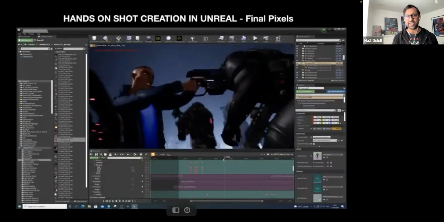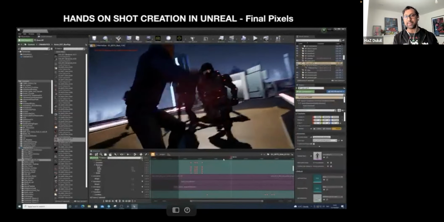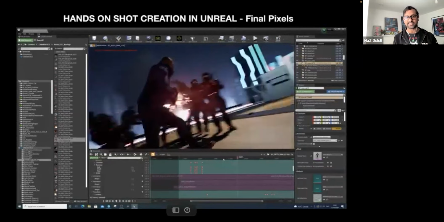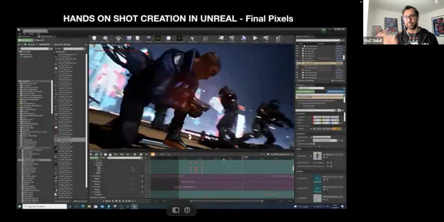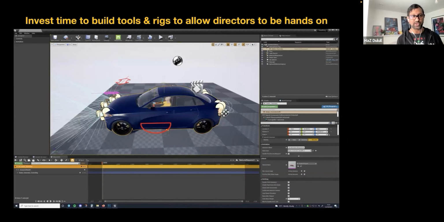And it's really cool because I can just go in, and once I'm happy with the sequence, with the series of events, like when explosions happen, when certain people die and so on, I would then hand that over to my animators and they'll do the animation cleanup to make sure there are no intersections in the arms, or really do a cleanup. But they don't have to go creatively and change anything because I've signed it off. But to be a hands-on director, you need to have the tools.